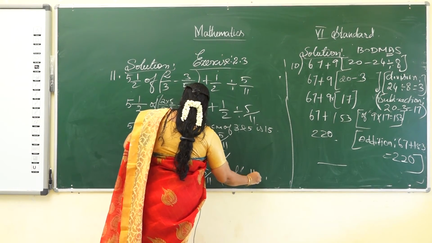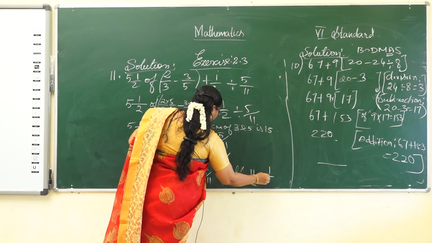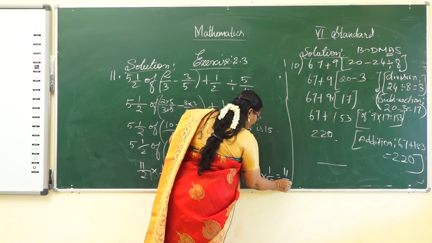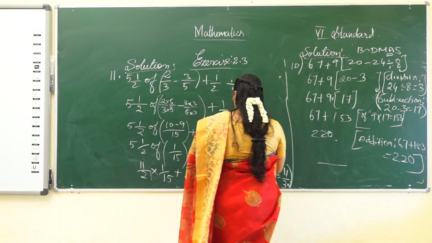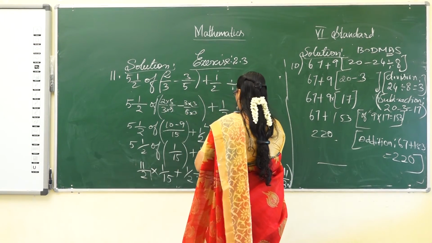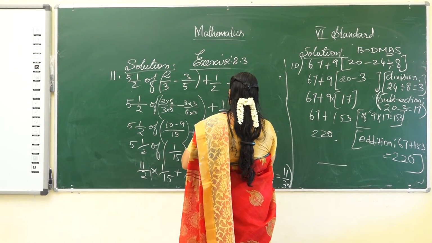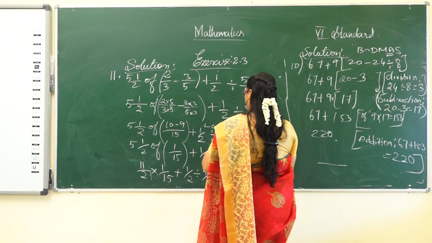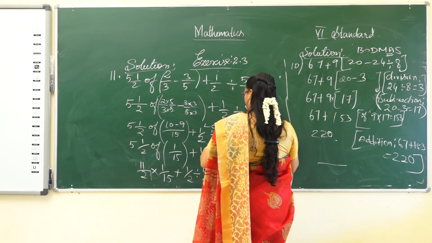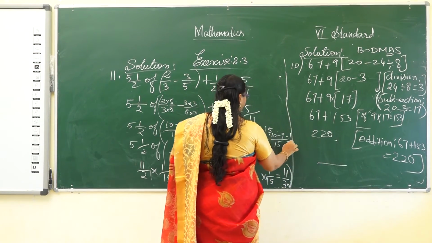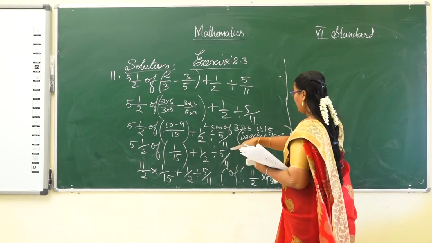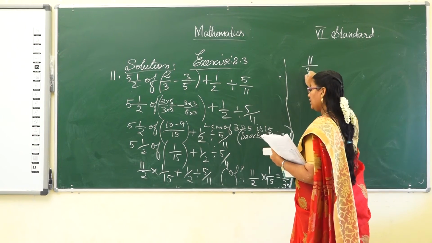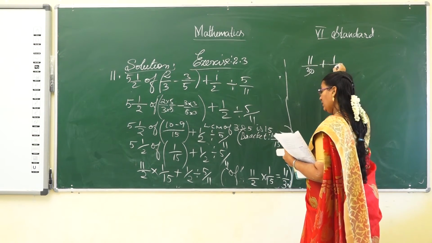So what is the value? 11 by 2 into 1 by 15 is equal to 11 by 30. Now multiply 11 by 2 into 1 by 15 is 11 by 30 plus 1 by 2